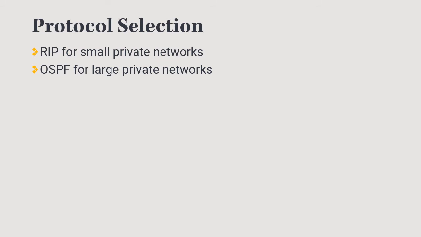As we can see here, RIP is better for small private networks. Again, it can only support up to 15 hops for its routing table, and it's better for smaller private networks because in a small private network, we typically aren't going to have a lot of different types of links. We're not going to have a lot of different kinds of cables. We're mostly going to be using the same types of devices. And so there's probably not going to be a significant difference in the speed or other types of metrics on